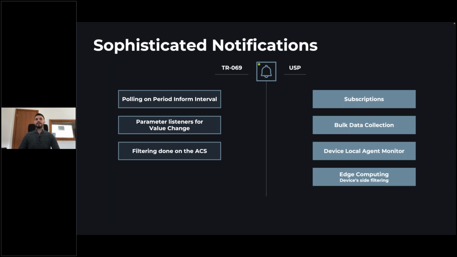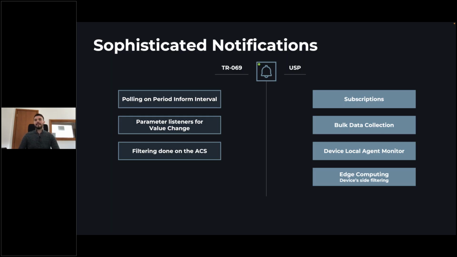They would work similar to parameter listeners in TR-69, but we have the possibility to add wildcards to those particular subscriptions. So if we know where the RSSI parameter of a connected client is located, we can add a wildcard so that whenever a new device is added, we also collect this information without any additional checks on the device, seeing if there's something new, etc.